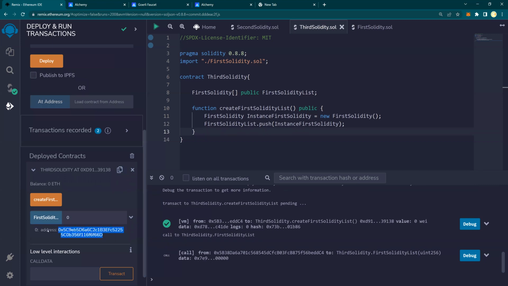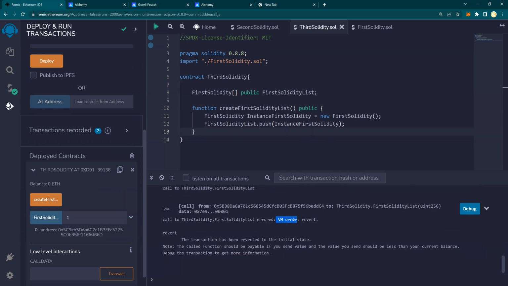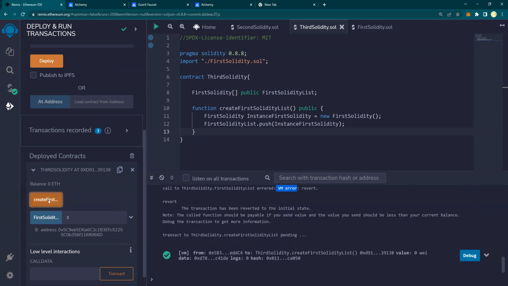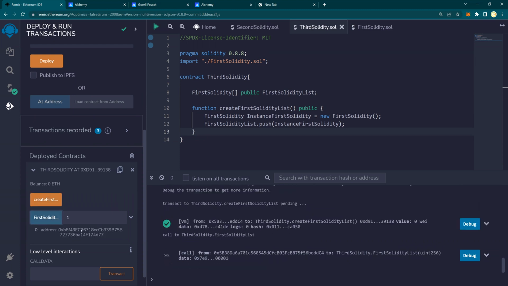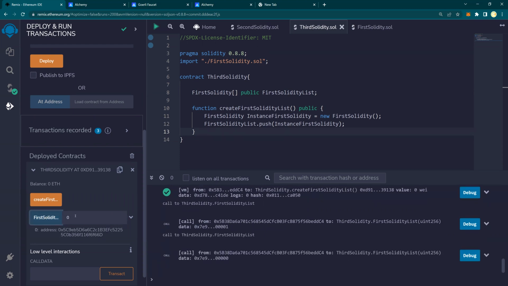Now it does not give me an error. It returns me an address at index 0. Remember, the arrays start with index 0. Now, if I say 1, it's again giving me an error because I did it only one time. So click on create one more time, which is the index 1, the second time. And now if I click on it, it'll give me a different address. So 0 has a different address and 1 has a different address. And that is how you can keep track of the number of contracts that are